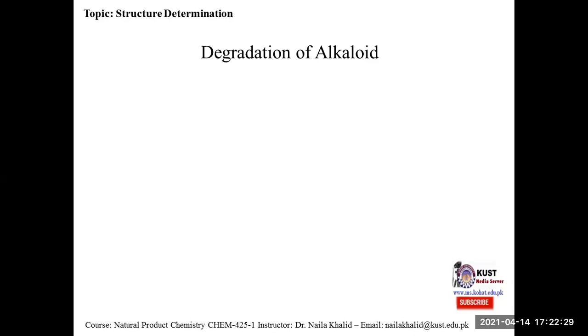First of all, let me introduce this topic. Degradation is decomposition. This is a planned decomposition. How? When you apply some reagents, a degradation takes place and it leads to identifiable product. If you identify that product, then it will be helpful about the structure of the alkaloid, about the carbon skeleton of the alkaloid. We have discussed two very important degradation methods in our previous session, that were Hofmann exhaustive methylation and Emde degradation method.